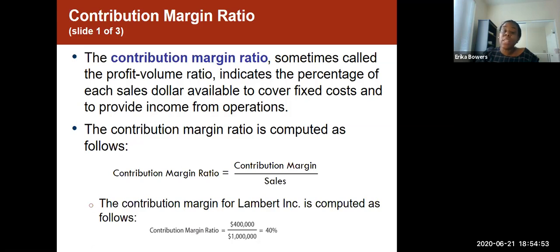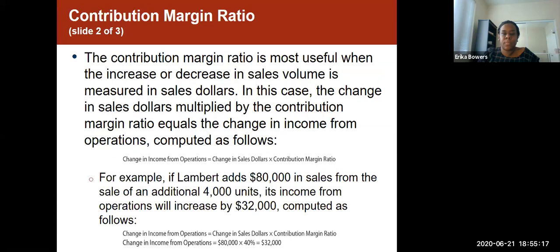So we just calculated our contribution margin. We know contribution margin is sales minus variable costs. So to get the ratio, we take contribution margin divided by sales. What this tells me is that 40% of every dollar that we make is available to eat away at our fixed costs. So it's useful in helping us to determine if there's an increase or decrease in sales volume, how it's measured